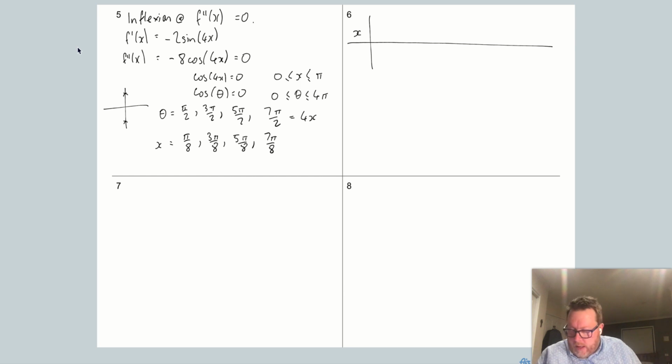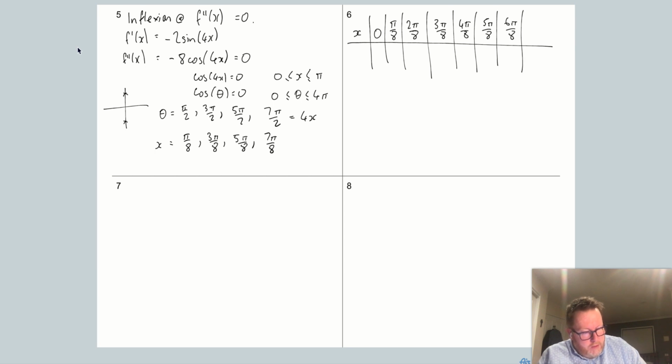we can look at, if I just go up in lots of pi on 8, so 2 pi on 8, which is pi on 4, right? 3 pi on 8, 4 pi on 8, 5 pi on 8, 6 pi on 8, 7 pi on 8, and 8 pi on 8, which is pi. So if we have a look at that,